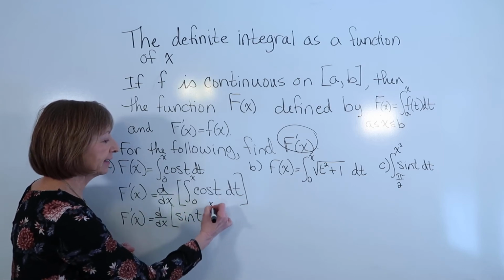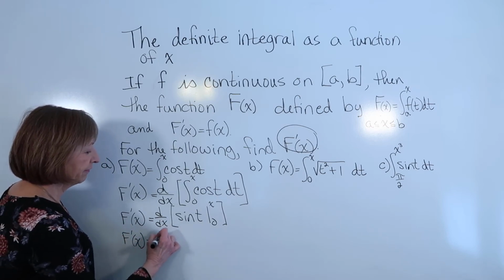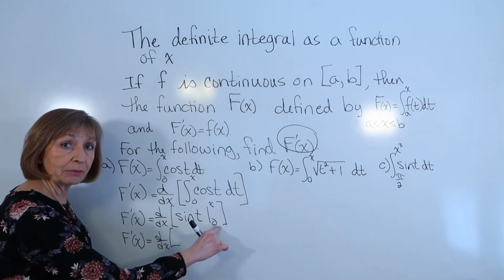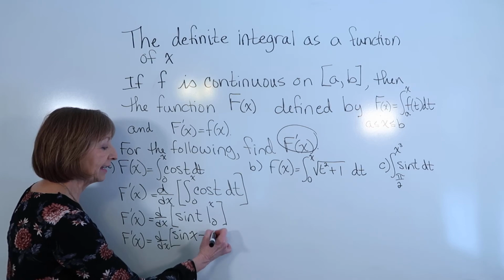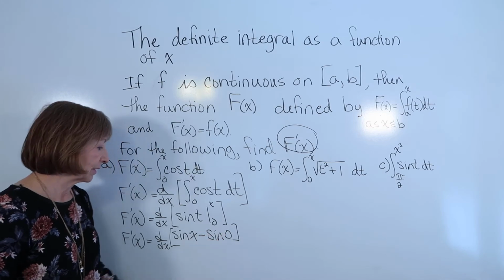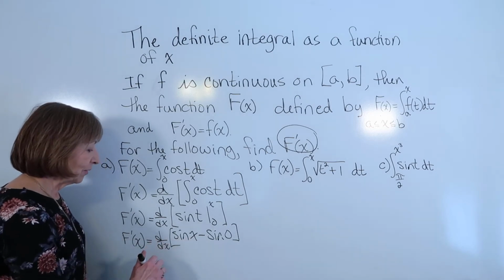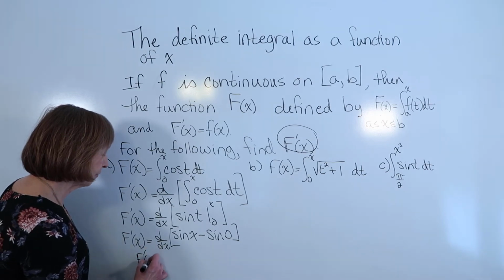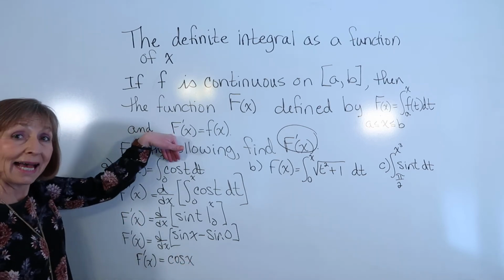Evaluate that from 0 to x. So then I have the derivative with respect to x of, put in the upper limit of integration minus put in the lower limit of integration. So this is sine x minus the sine of 0. But the sine of 0 is 0. So this is just the derivative with respect to x of sine of x. The derivative with respect to x of sine of x is cosine x. So my capital F prime of x is equal to cosine x, which is what I had in the integrand